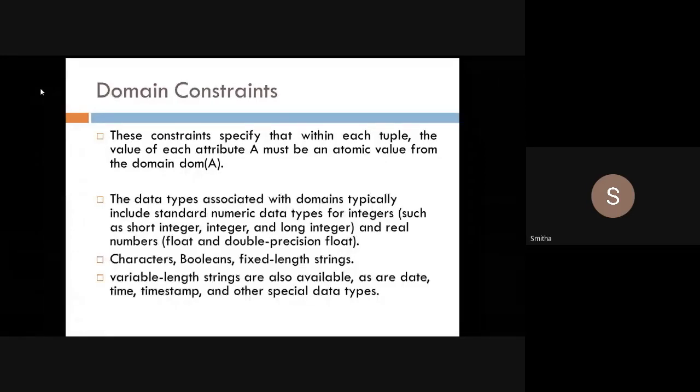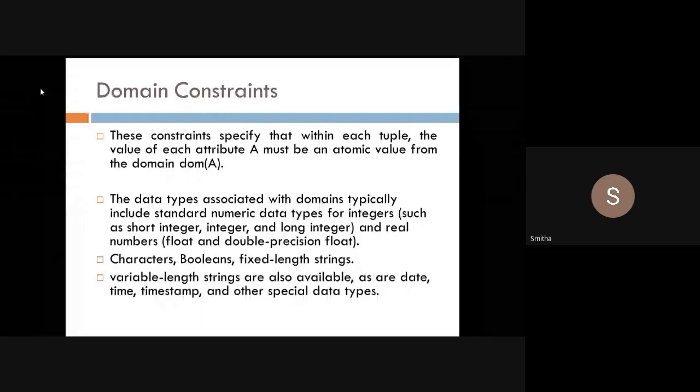Then for domain constraints we can put constraints on data types also. If we want to insert numeric data, then it should be of numerical data type. If we want to insert a date, then it should be of date data type, like that, floating point, whatever it is. The data types associated with domains typically include standard numeric data types for integers, such as short integer and long integer, and real numbers for float and double precision float.